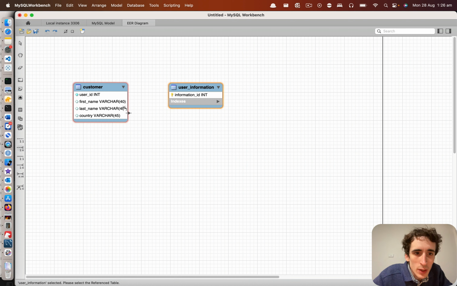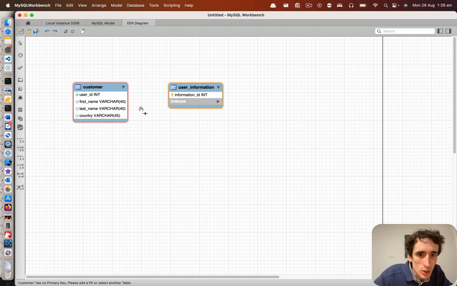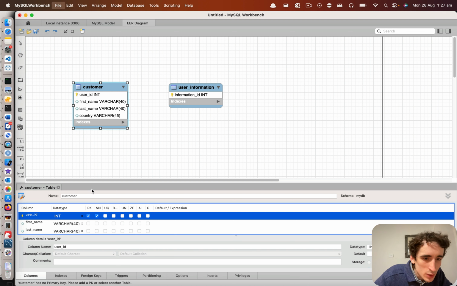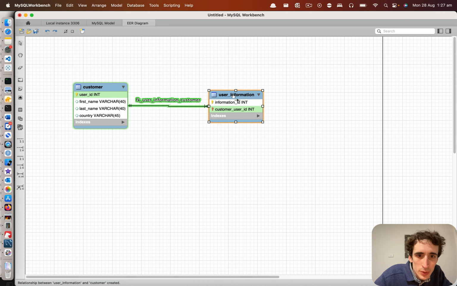So here we can create a relationship with your column. I will just have a one-to-many relationship. So from user, we create from there user information to user. You can see here I need a primary key. I think it's because customers doesn't have a primary key, so I set a primary key here, and now I will be able to have a one-to-many relationship. So a customer can have multiple